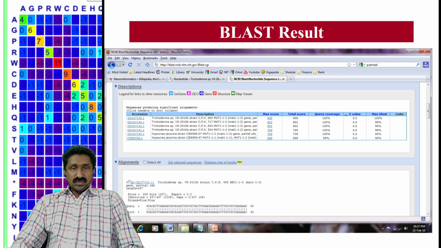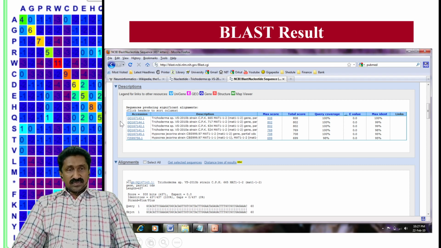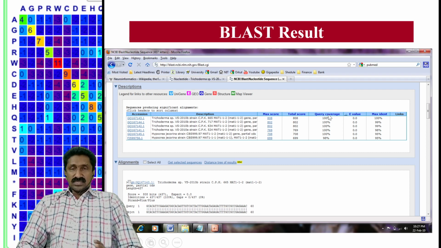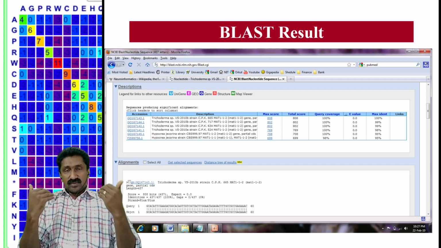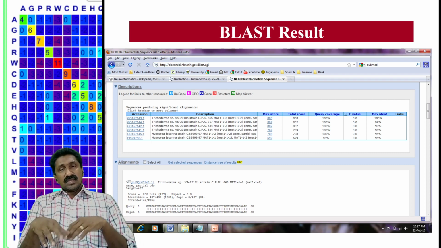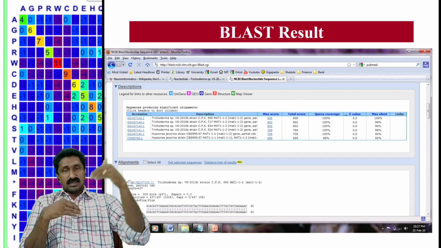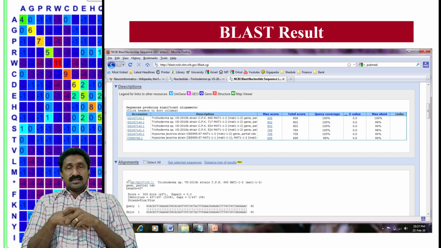Now, when we come to the list of the alignments, the significant alignments will be listed on the top, and if you have the exact match, that will be the first one. So here you have the maximum score, total alignment score, and query coverage. Query coverage of 100% means your sequence has complete coverage, the entire 100%. For example, if 500 bases were there in your sequence, and the entire 500 bases were aligned against the database.